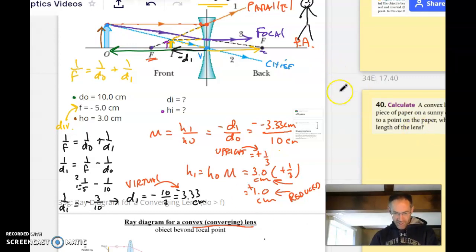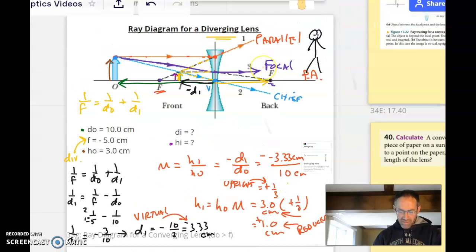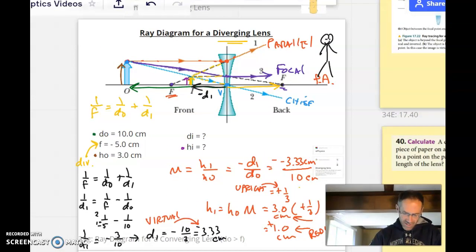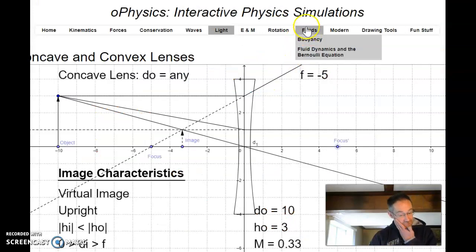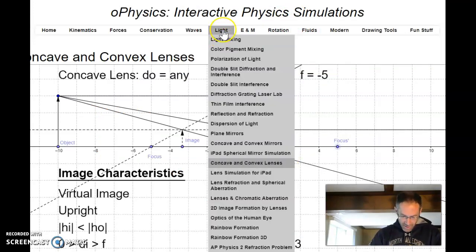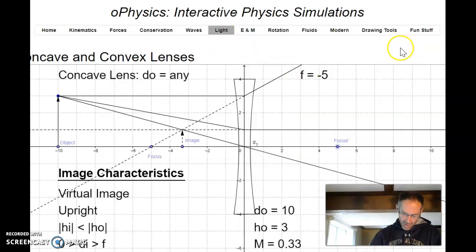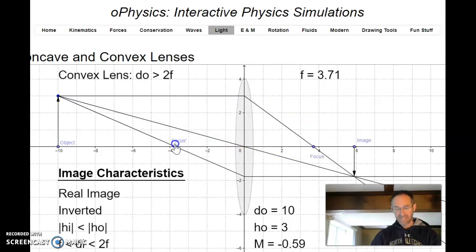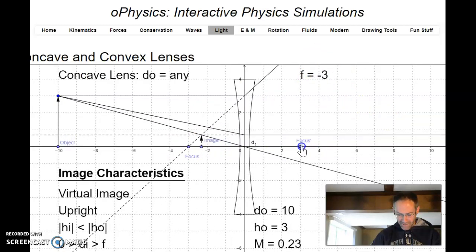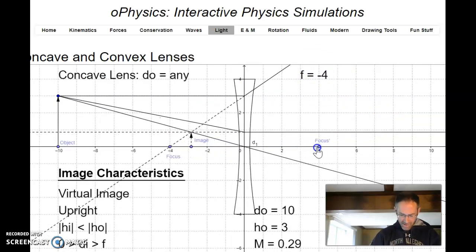Before we go, can I show you just how that's always going to be the case with the diverging lens? And so I found this nice simulator over here at our friends at O Physics, and this is their concave and convex lenses simulator, and I'll put a link to this in the notes. This is a great site. Whenever you start off, you end up starting off with a convex lens like this with a positive focal length. You'll see that in my next video. Now you can take this focal length and you can move it around to the other side, and there you have it. It will turn negative, as we just got done saying, that diverging lenses have negative focal lengths, and here we have our